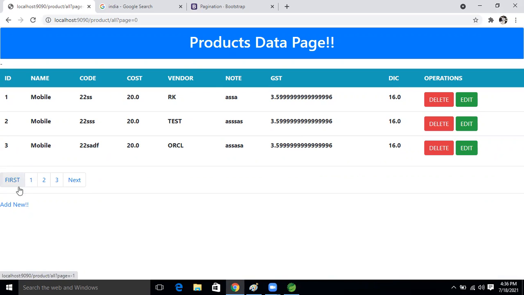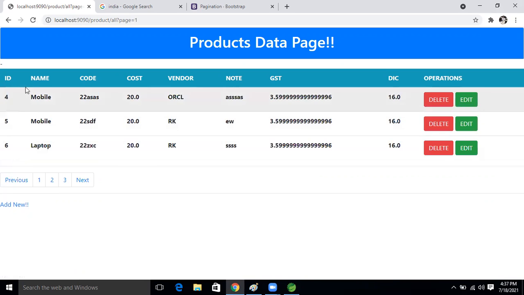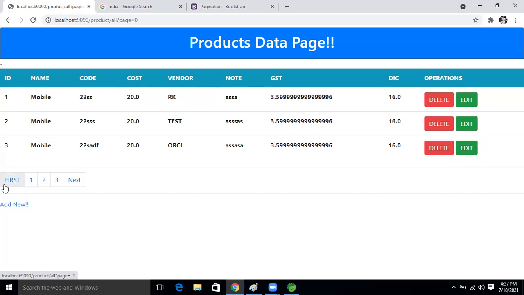I wrote it wrong, right? I said that if we are on the third page and we click on first, then we suddenly jump to the first page. This was our explanation last time. But what we are getting whenever we come here, on the one page, we are getting first.